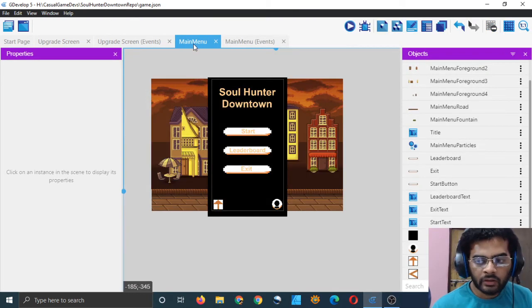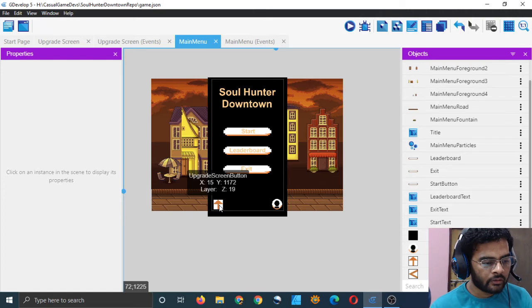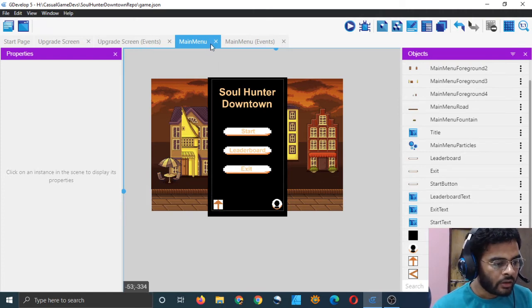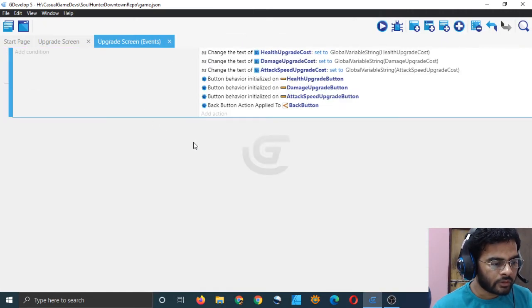We have created the main menu and put the upgrade button here, and now we have to actually do the upgrade, right? Since we cannot use the button pressed condition, which is kind of weird, I wonder why not, let's add three events.